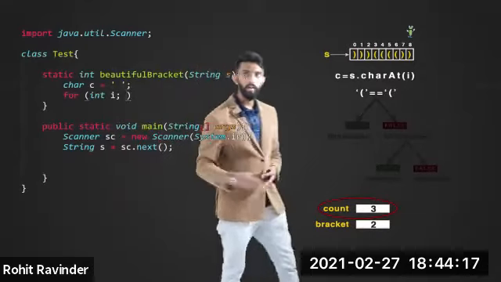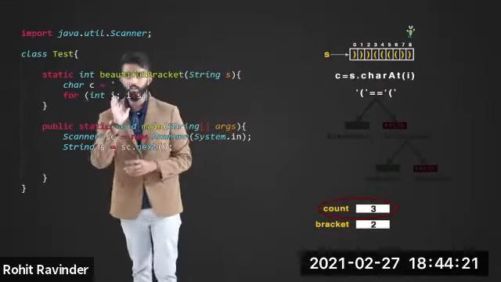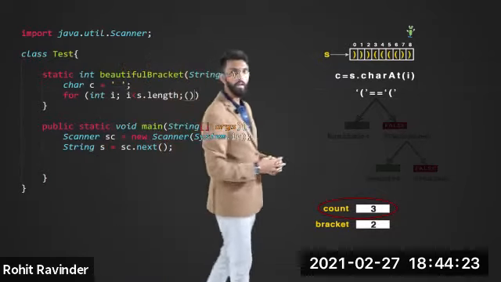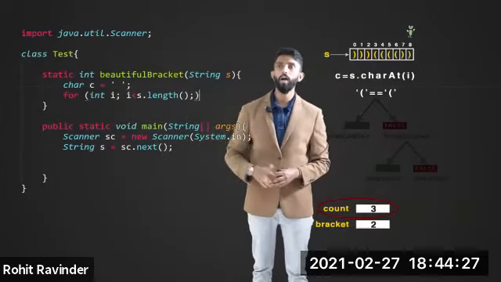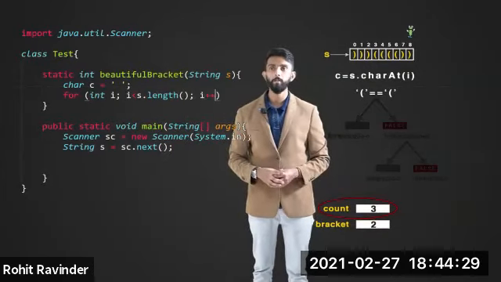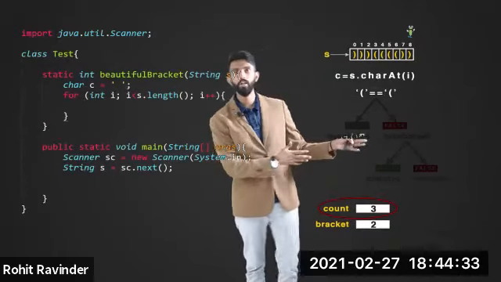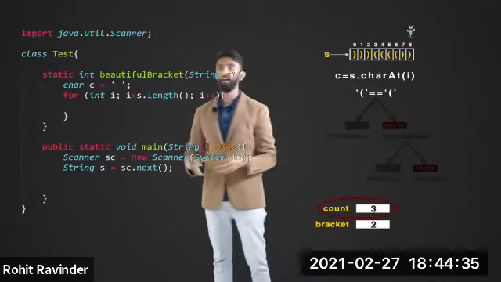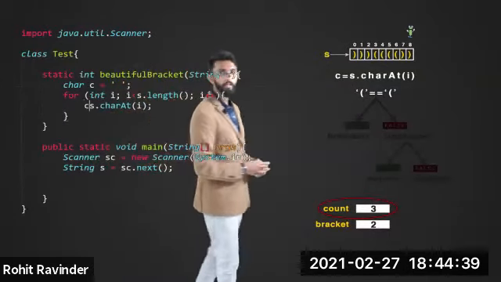Fine. Next I will write i less than s dot length. It's a method, so I will put those brackets. Next I will write i plus plus. Next I will come inside and here let us start with our logic. I will first fetch the character, s dot char at i, and store it in c.